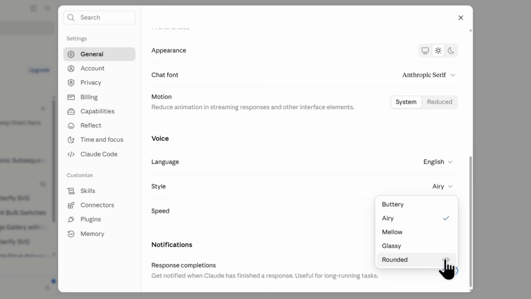Cooking, walking, fixing something, conducting